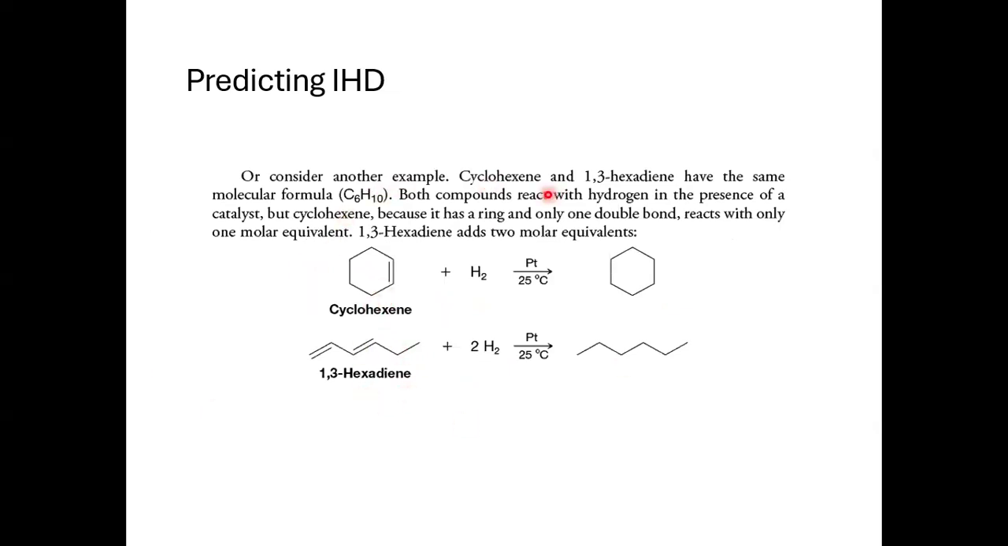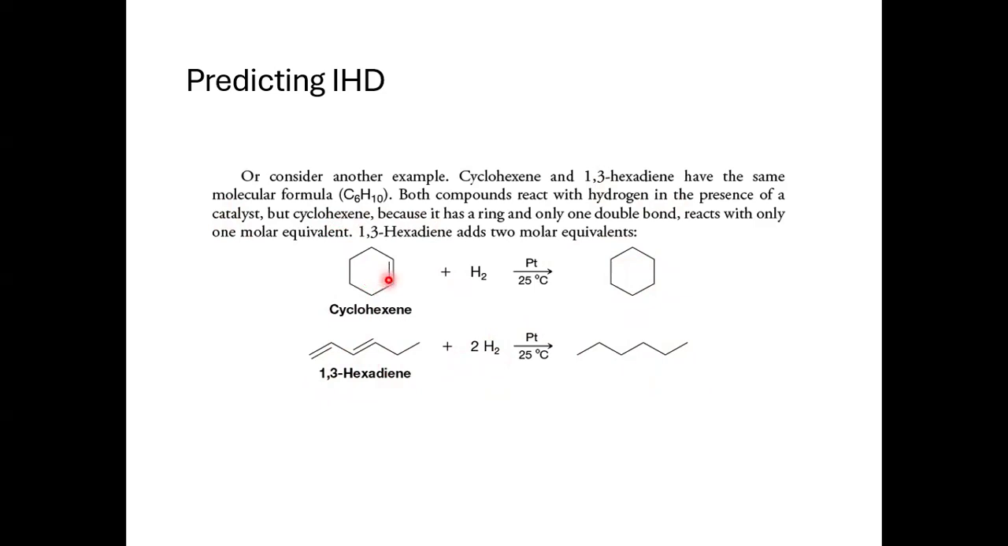You can also have another example if you have your cyclohexene in the presence of your hydrogen. You can do a hydrogenation reaction. In the hydrogenation reaction, we can eliminate the double bond. You can see here all saturated alkane. And you can count the index of hydrogen deficiency for this one. And here you have your 1,3-hexadiene to form your alkane, but you need 2 molar equivalents of your hydrogen gas to form this one. So these compounds both react with hydrogen in the presence of catalyst, but cyclohexene,